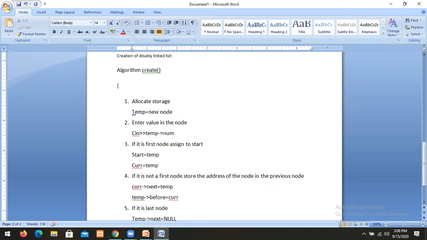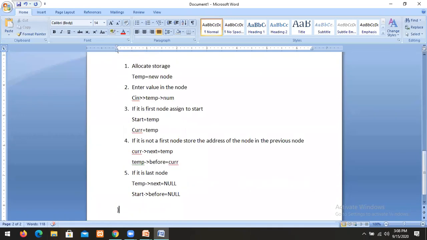When you write these two pointers, the list will be connected on both sides. First to second, similarly second to first. Current.next equal to temp indicates first to second. Temp.before equal to current means second to first. So we are connected on both sides. If it is the last node, we make temp.next equal to null.